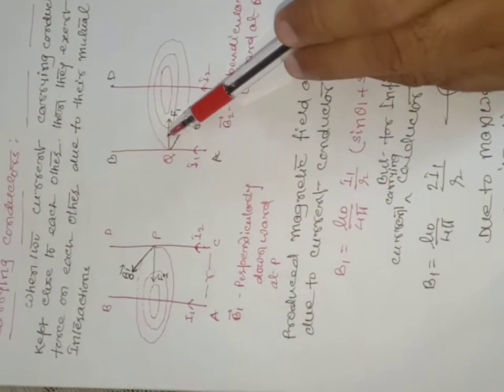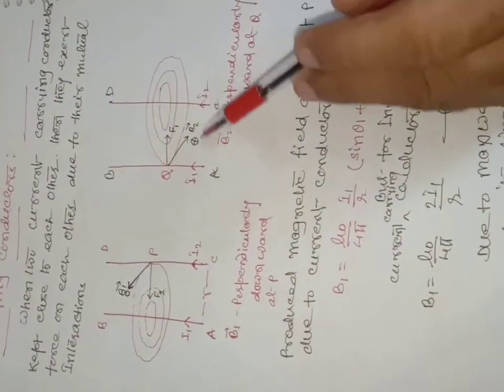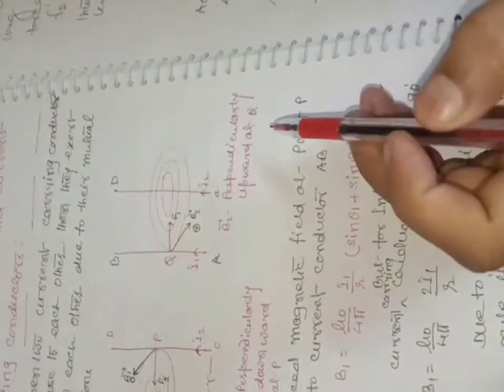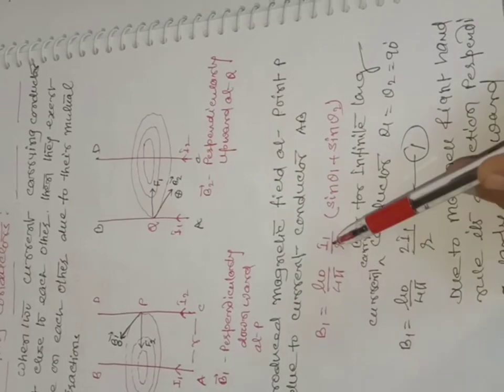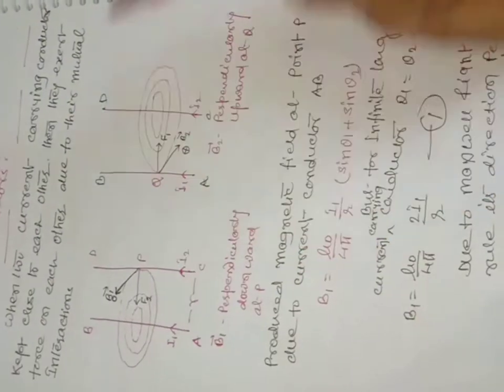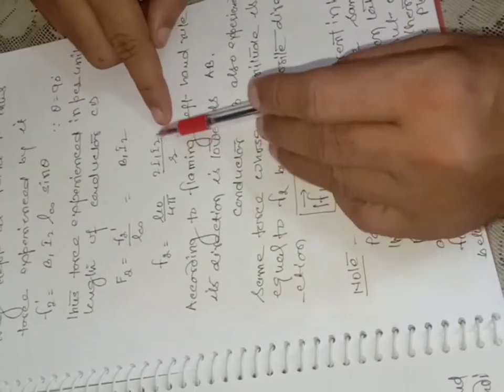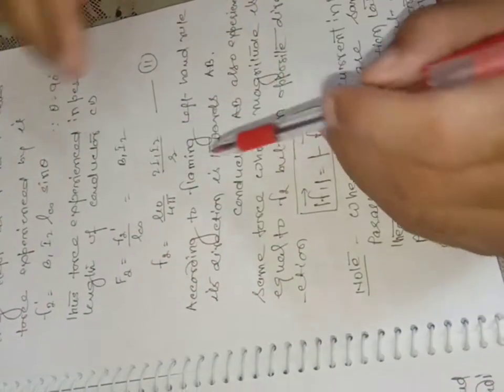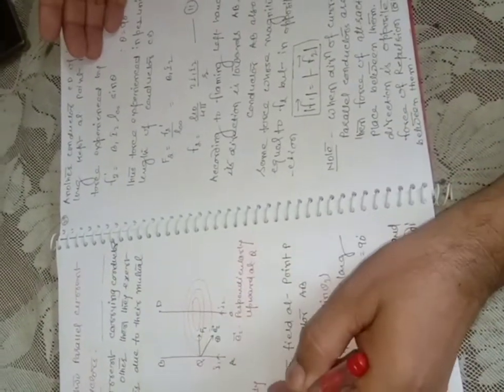Similarly, the second conductor will also produce its own magnetic field. The magnetic field produced at distance r remains the same, mu 0 by 4 pi, 2 I2 by r, and the force experienced by the first conductor remains mu 0 by 4 pi, 2 I1 I2 by r, but their directions are opposite. The magnetic field due to B1 is downward and due to B2 it is upward, because the direction of current in CD is reverse to I1.